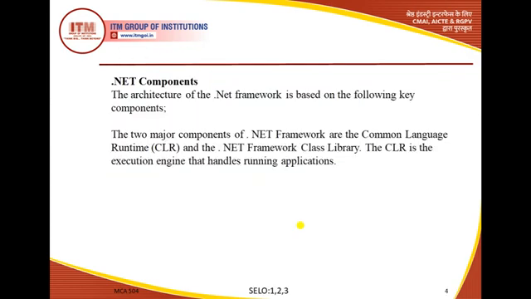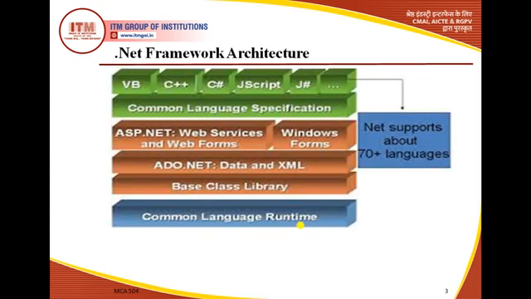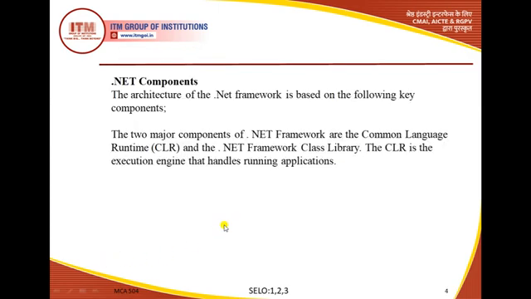In the previous lecture we saw that the major .NET components are mainly two. First, the CLR, the execution engine of the .NET Framework, just like the Java Virtual Machine, the JVM. It acts as an execution engine for the .NET Framework architecture, and it is the last layer of the architecture. And also there is the class library, the .NET Framework class library.